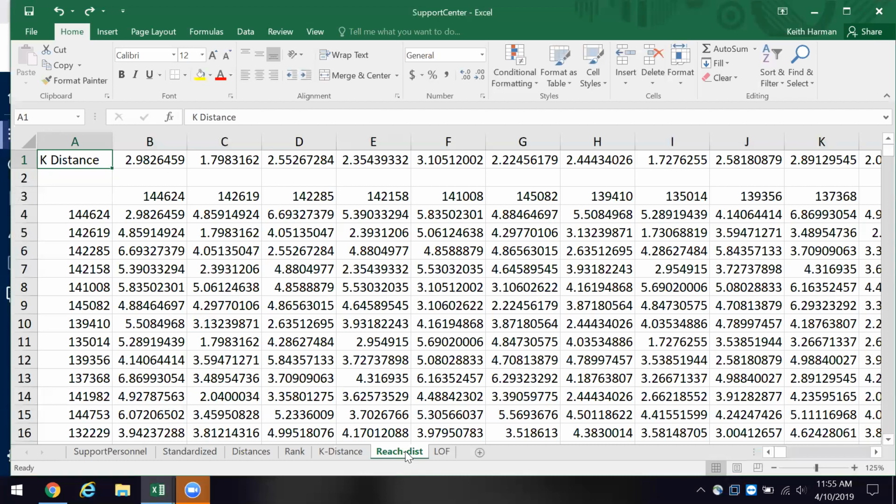And here, let's look at one of these. And this is just the ordinary distance. And we'll look, for example, here at row 1. And here we have the transposed values.